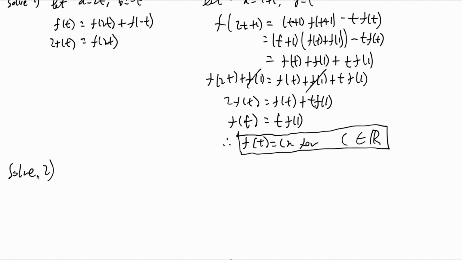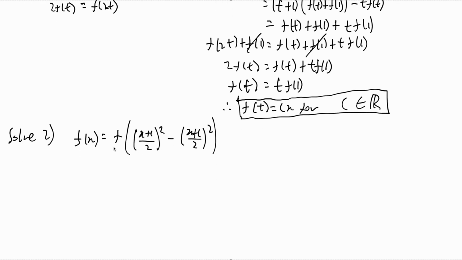And the next thing they did was just so brilliant. They utilized this x right here. I don't know how they came up with this, but it's pretty amazing. Because if we add them, we get x, subtract them, we get 1, multiply them, and that's the same thing as x. So this thing is the same as f of 2